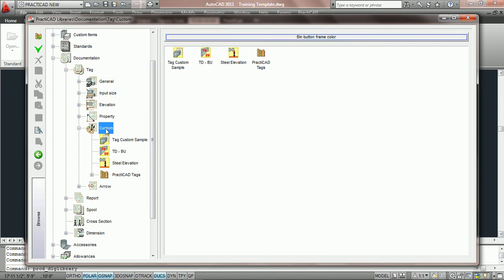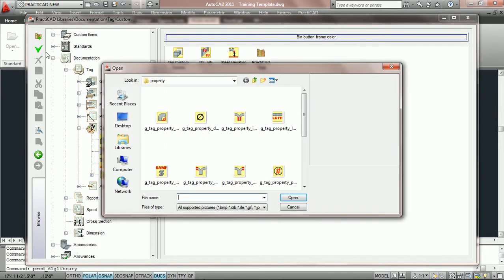So what we're going to do is highlight the word custom, and then we're going to click on the green checkbox. Once we do that, it's going to create a new item, and PractiCAD is going to open up a window and ask us to choose an icon. There are separate tutorials on creating and choosing icons and also modifying them. Here we're going to choose the length tag icon and we're going to press